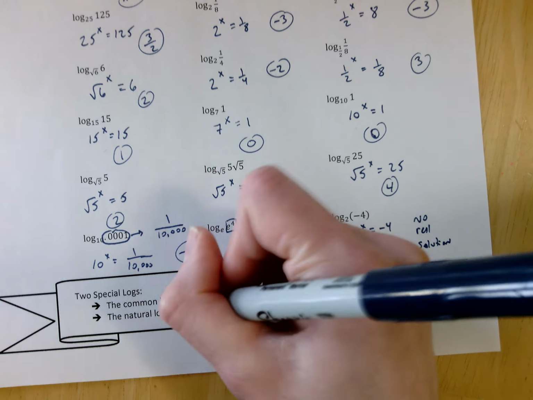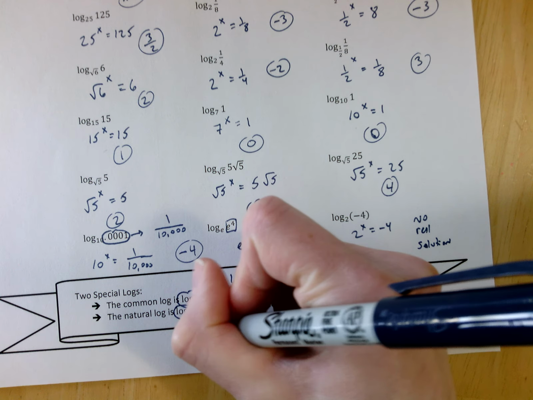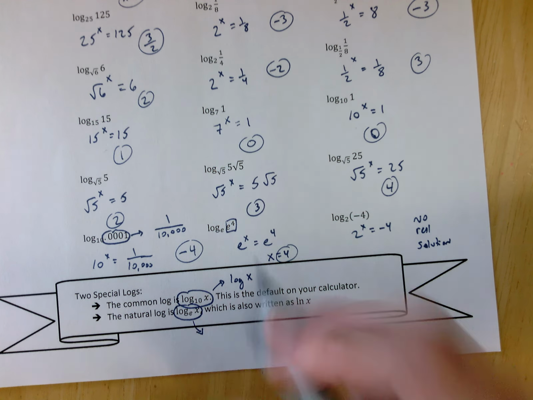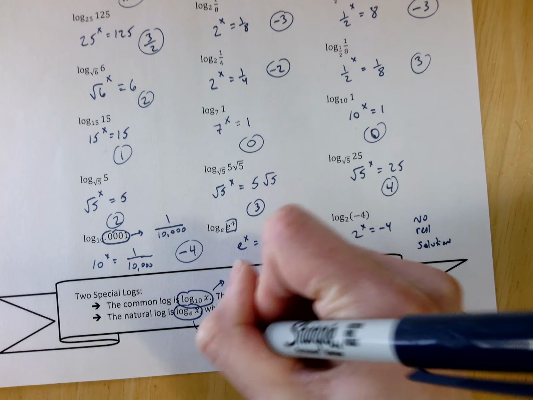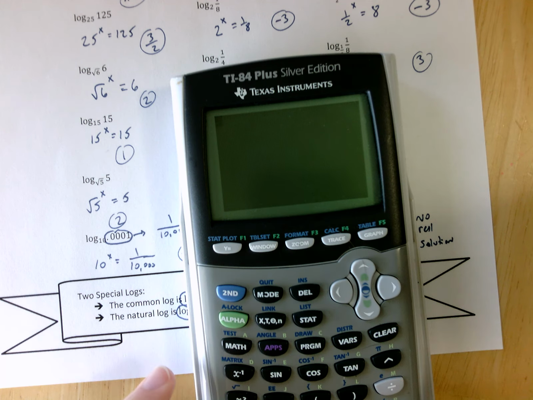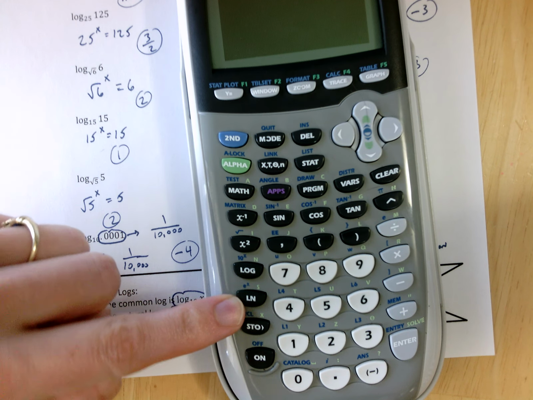Okay, but then similarly, a log base e is also a special log. Okay? This one is called the natural log. So remember how we said when we were looking at e, we mentioned how it's called the natural base, right? This is the connection. It's called the natural log when e is the base number, okay? And you write that as ln of x, okay? So it stands for natural log, but it's kind of like log natural because it's Latin, right? So it's sort of backwards and not quite the words log or natural, but close enough, okay? So when you go to do those on your calculator, right, there's a button here for a log and a button here for an ln. Okay, so by default,